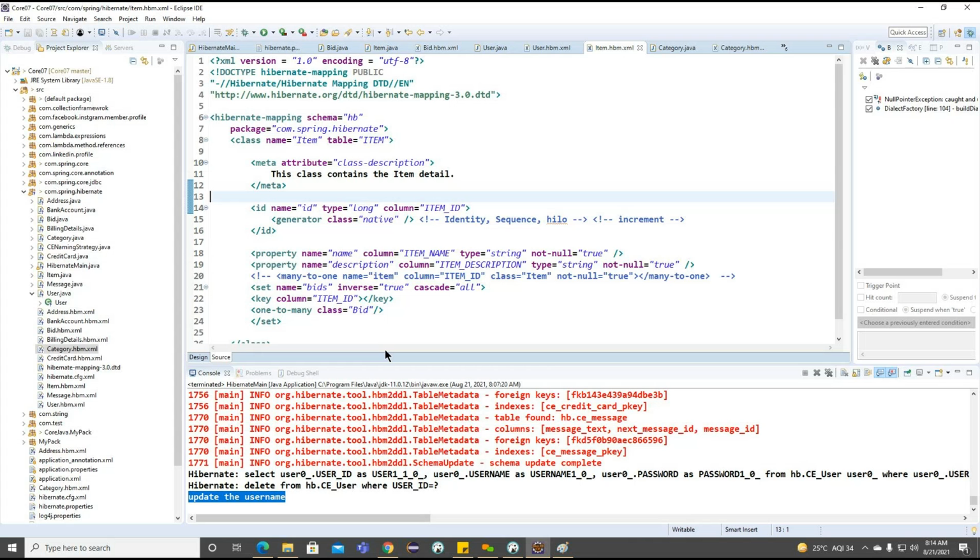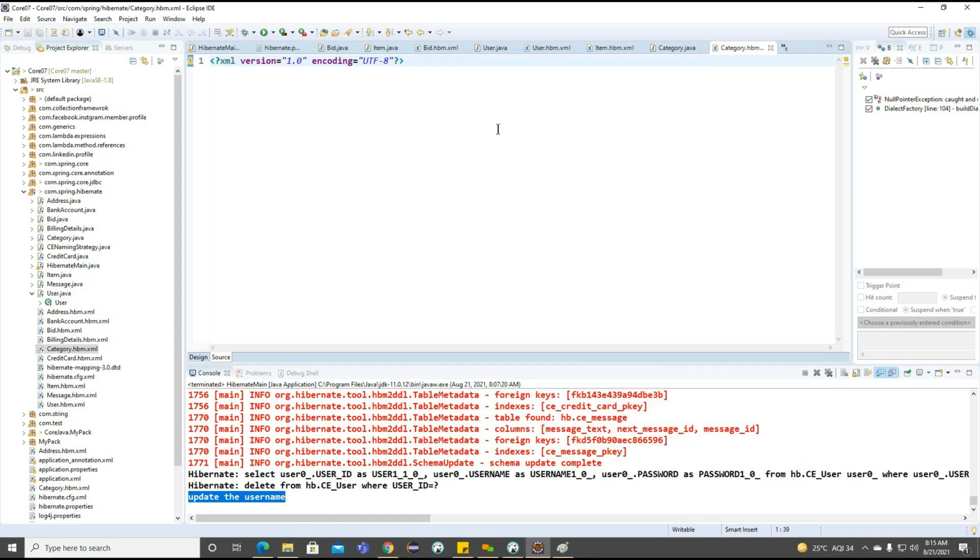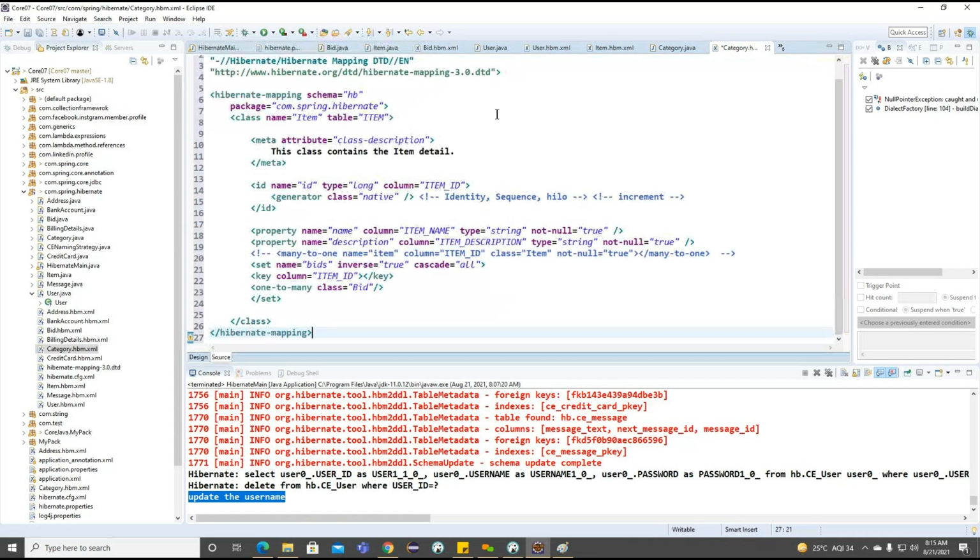Once we click on finish, we save into this particular category.hbm file.